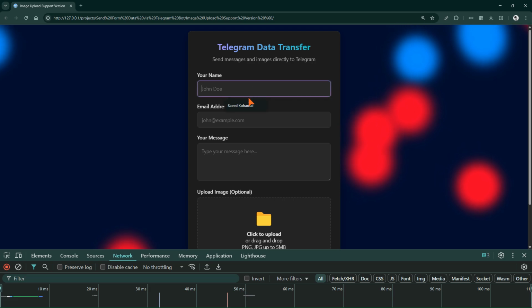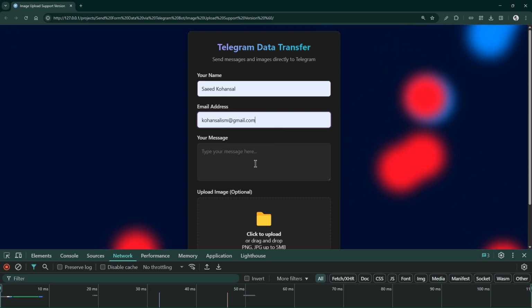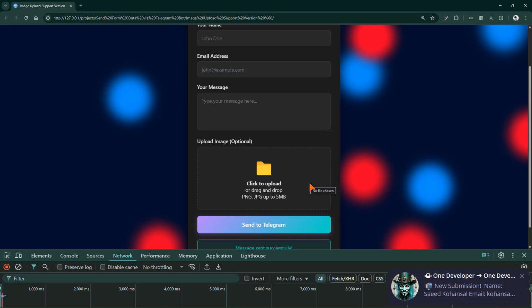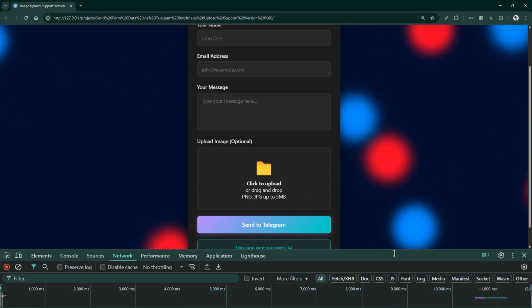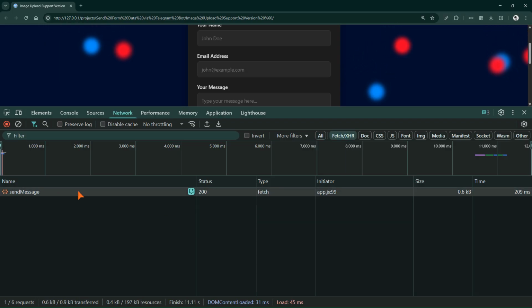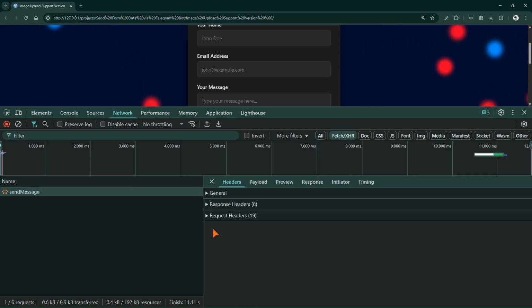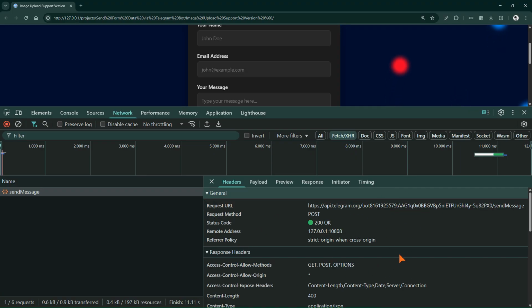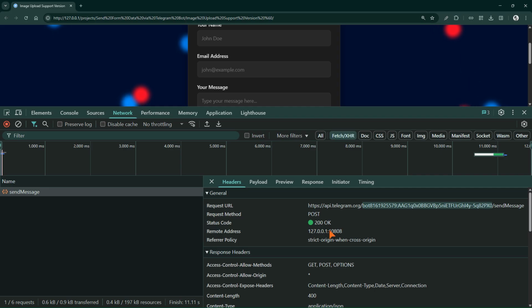I'll send a test message. The moment we submit the request, we are actually making a fetch request to the Telegram API. And when we look at the fetch or XHR section, we see that the request has been recorded and displayed there. By entering the details and options of that request, we can easily access the bot token and chat ID,